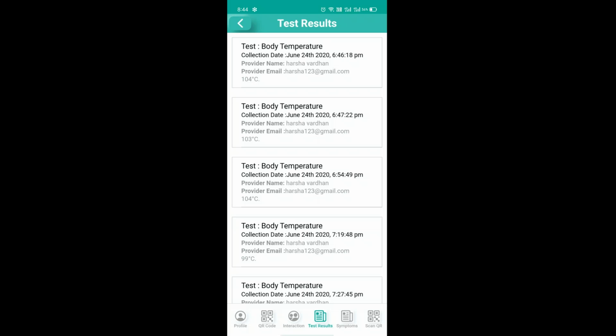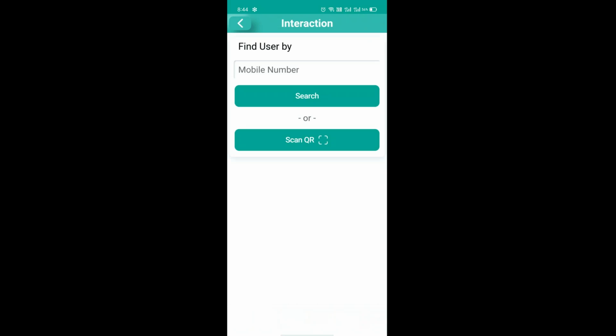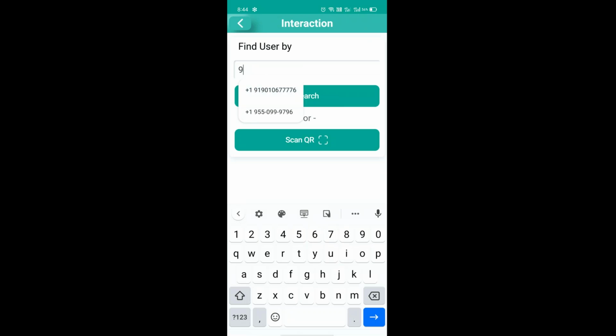One of the key features here is one user can interact with another user, and what we want to capture is interactions between users and between a user and a place. So there are two types of interactions we have in the system. One is one user interacting with another user. That is one type of interaction that's built into this release. The next release will have interactions between users and places.